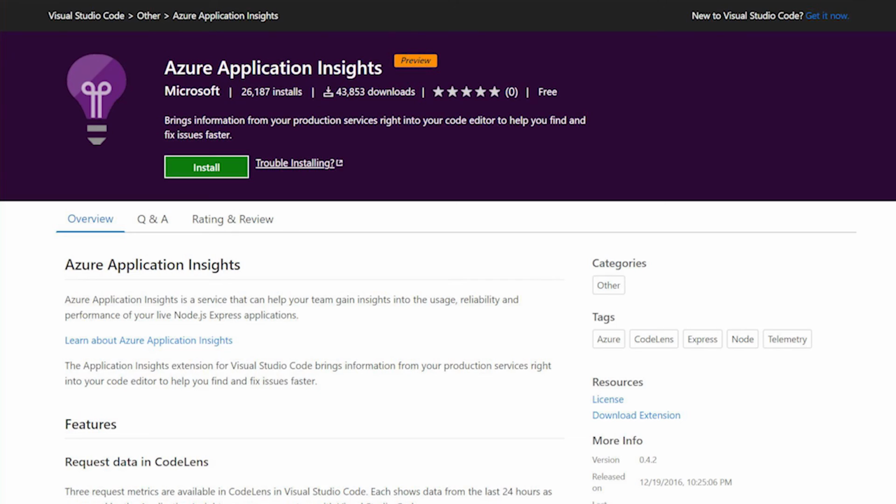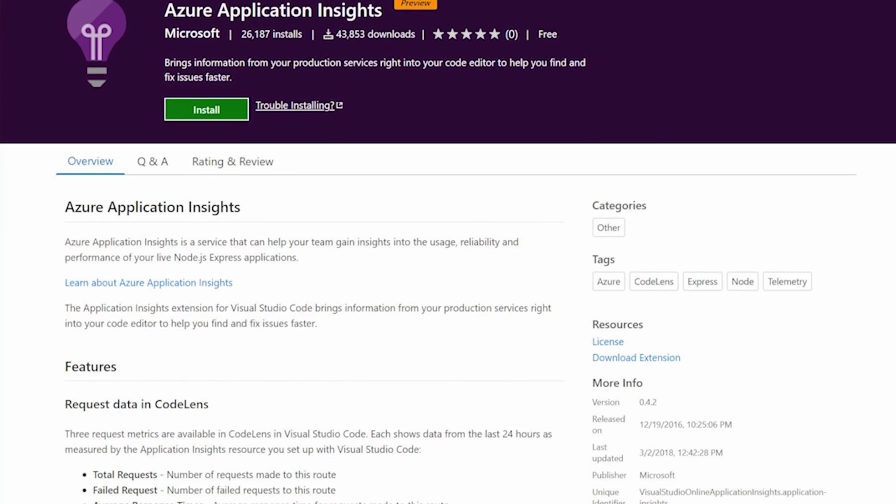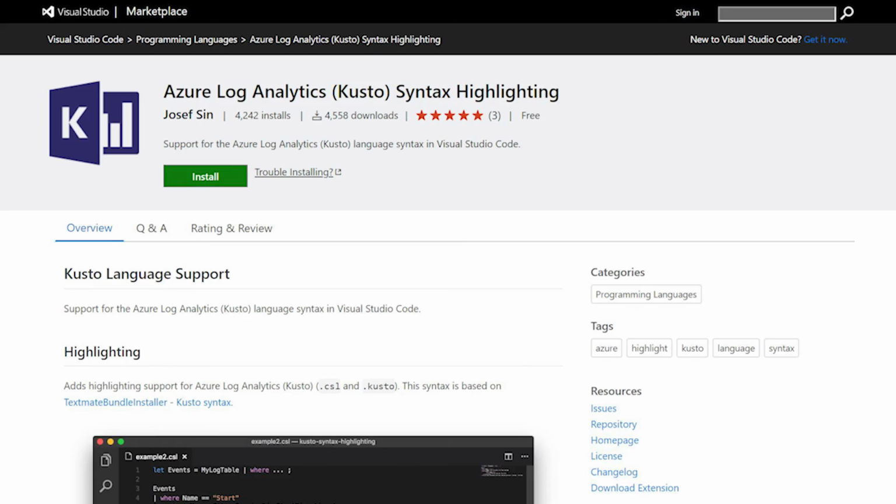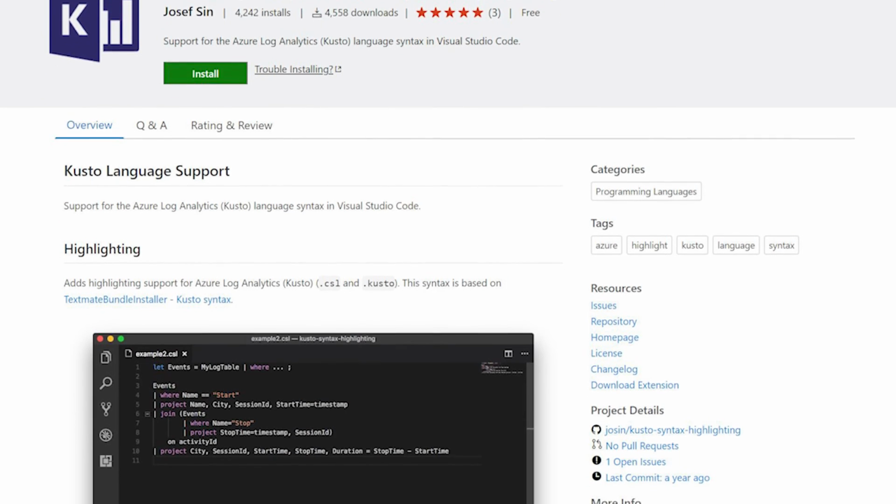Well, it's all about the extensions, right? That's what everybody loves about VS Code. It's super extensible. There's an extension for Application Insights, so it lets you hook right into what's being collected. And the other one that I think is also useful to share is one that allows you to highlight syntax for Kusto queries, so you can write all your Kusto queries and be able to sort of